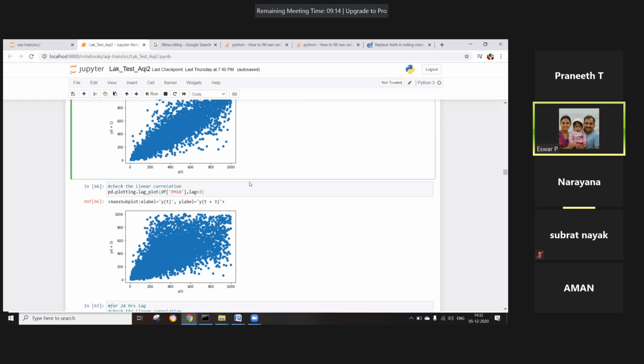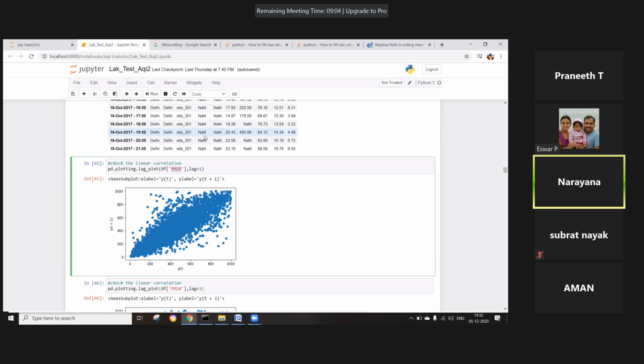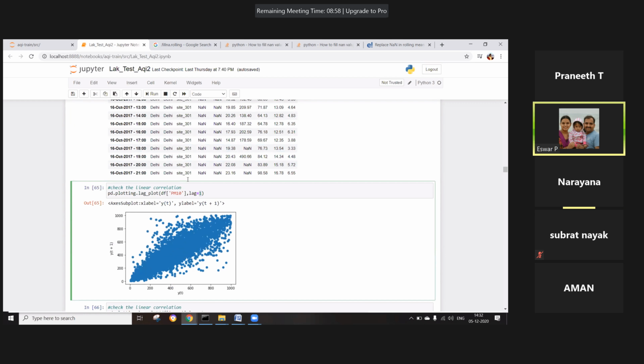So for the last 1 hour, what data have you analyzed? Only PM10, just one parameter, for checking. Is it the last one day or 1 hour? No, it is the relation between the previous hour and the index, the previous hour relation. Okay, got it. So it is the correlation between